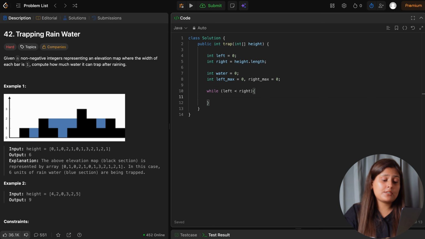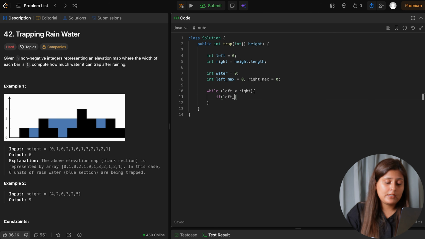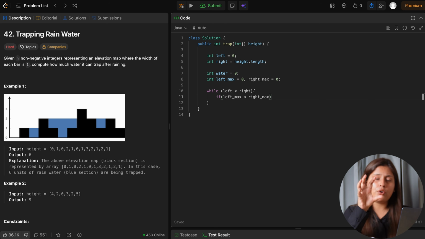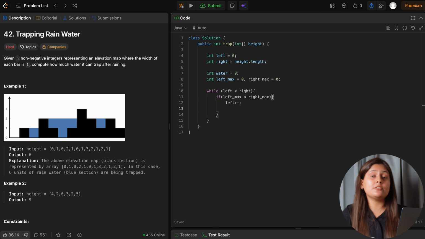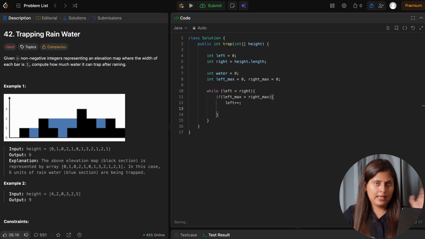Now what's our task? First we have to decide whether left max is less than right max. If this is the case, then of course we have to move the left ahead. So we will do left plus plus, and now our task is to maintain what is the maximum from the left side.